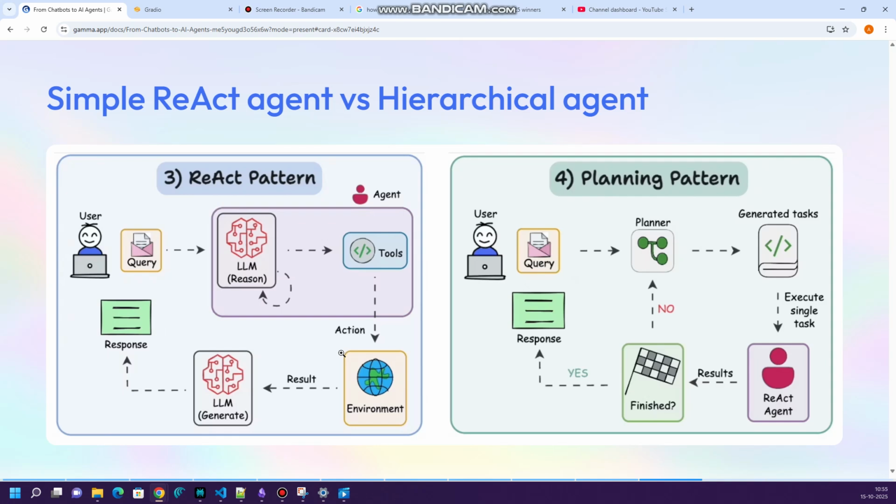Now coming to the planning node or the planning pattern. We use this explicit planning node, or a separate planning node, in case our use case is complex, and in that scenario, we